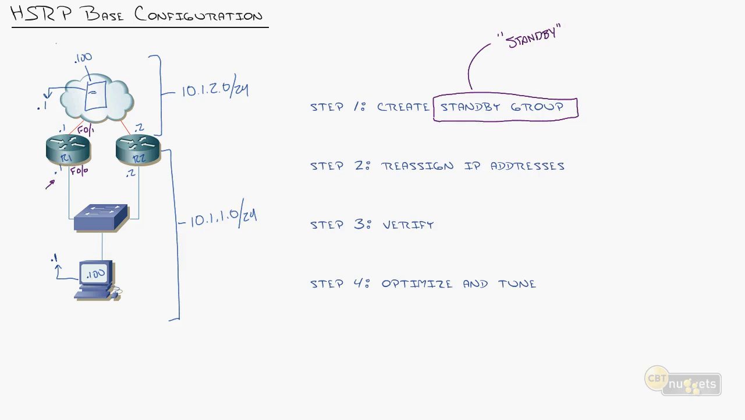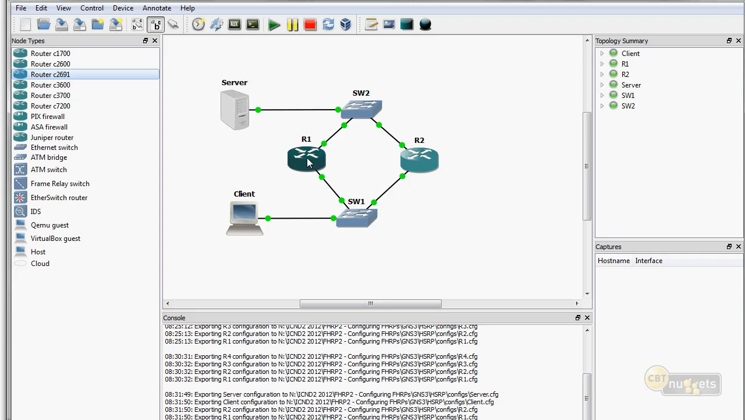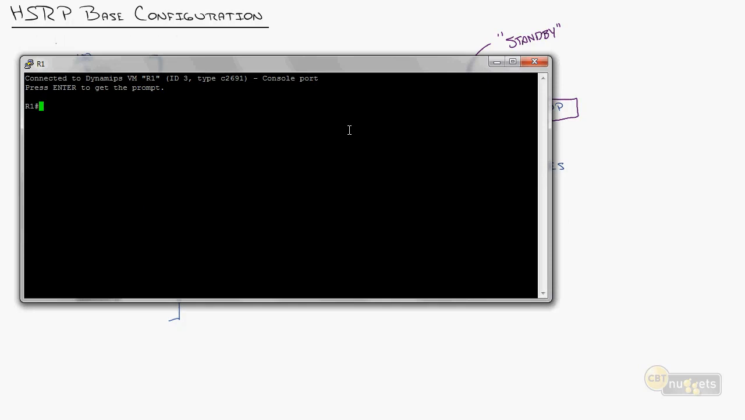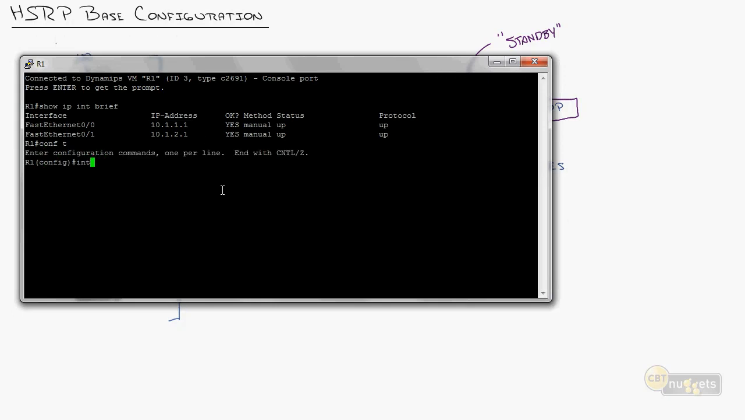So I'm going to bring this up, and I'll open my console. So I've got router 1. Let's just get ourselves oriented, show IP interface brief. I can see, very basic configuration, FastEthernet 0/0 and 0/1, configured right here with the IP addresses I mentioned. Now, to set up HSRP, I'm going to go into interface FastEthernet 0/0 and type in the command standby,